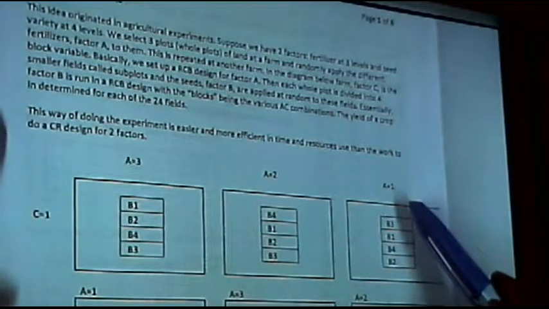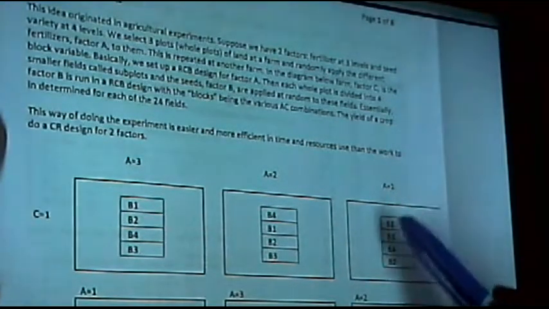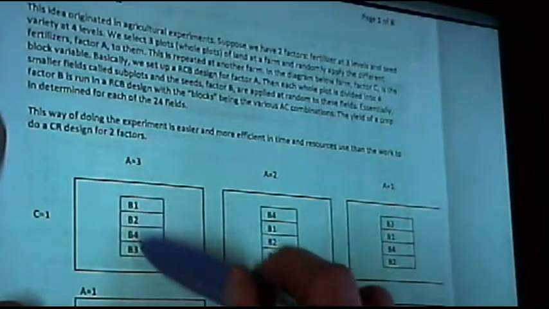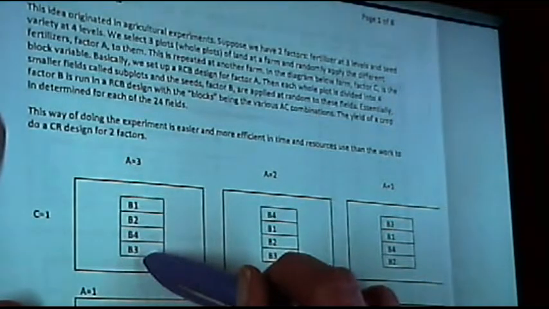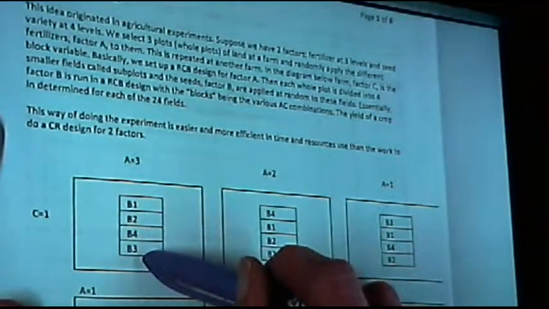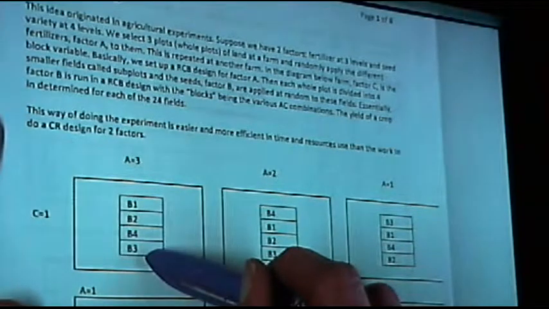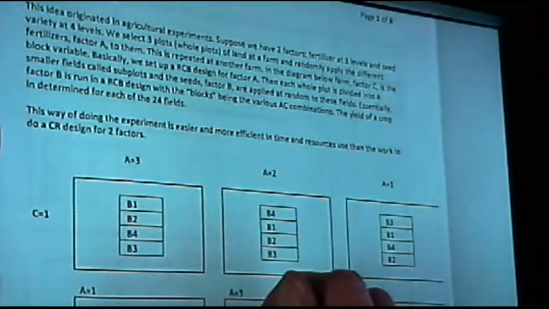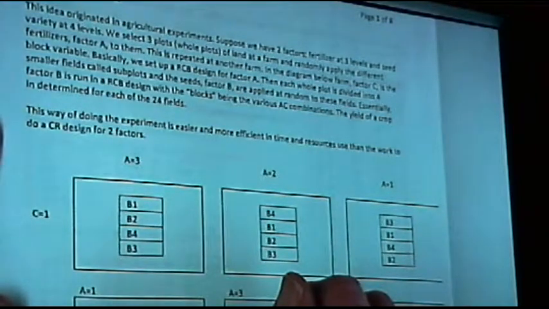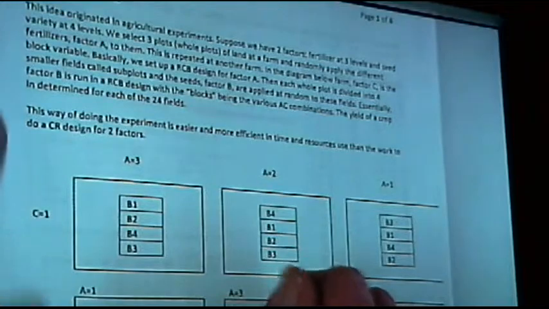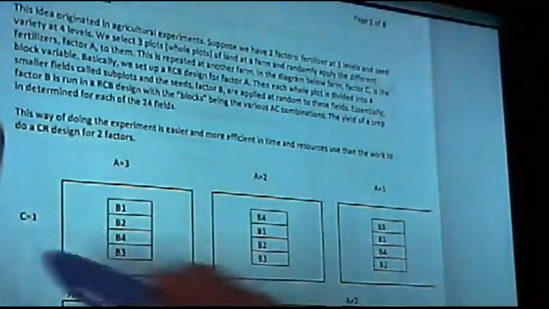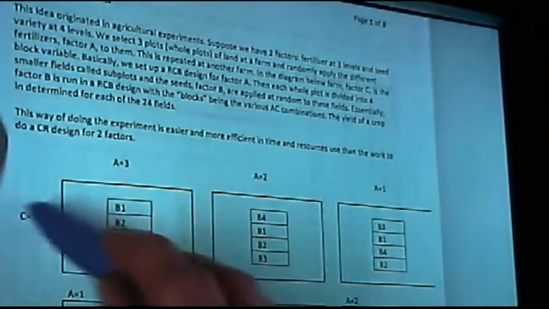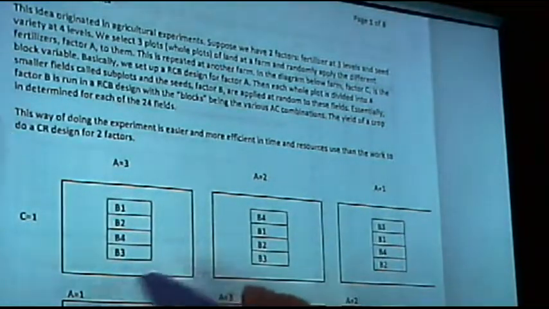And I've got factor B, which could be the planting depth of the seed, for example. And I've got several different planting depths for the seed there. And then factor C, the third factor, is farm. So the picture here says C is 1, that's farm 1. So what you see here on farm 1 is we're going to, at that particular farm,